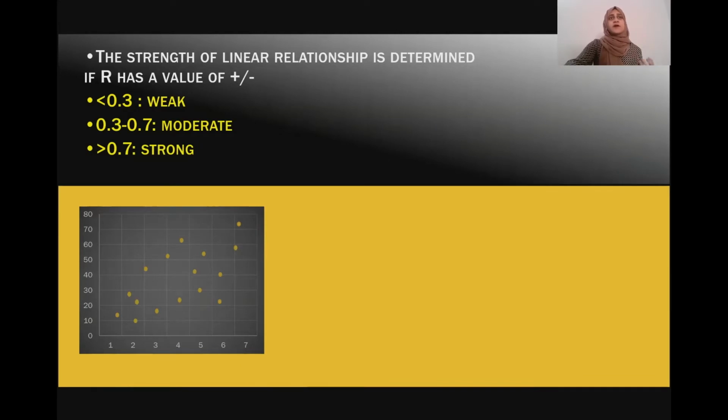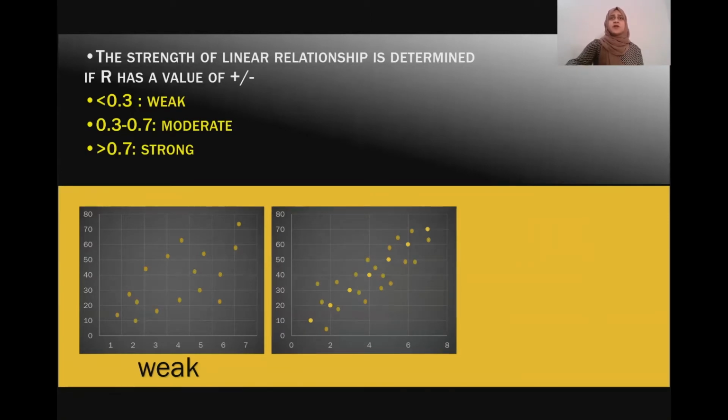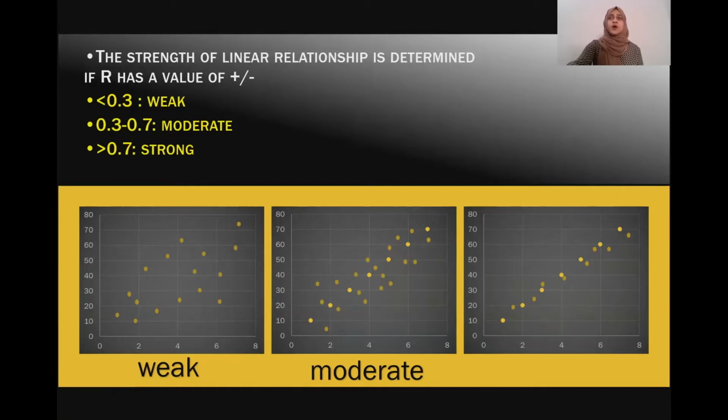If you look at this graph, there's an upward slope, so that would be a positive R value, but the points are not very closely related. So this would be a weak correlation, a positive, weak relationship. Here's another graph, and you can see the points are somewhat closely packed to each other, and there's an upward slope, so that means our R is going to be positive and moderate. Here is another graph, and in this one the points plotted somewhat form a straight upward line. So this would indicate a strong relationship.